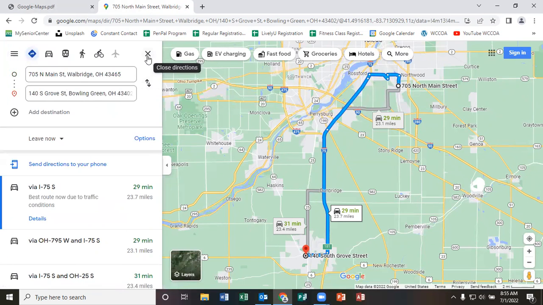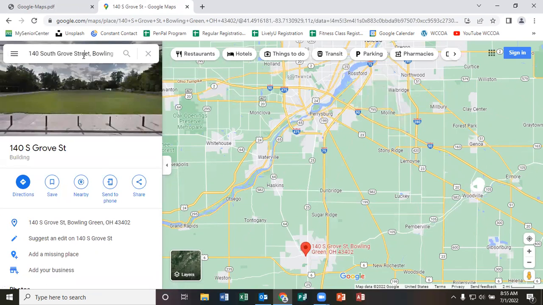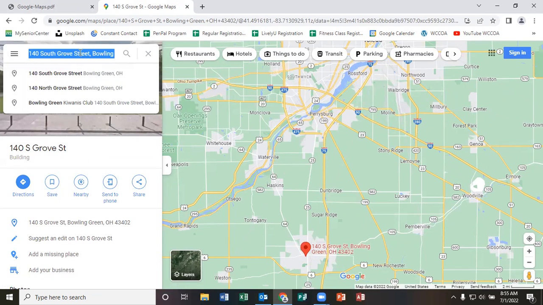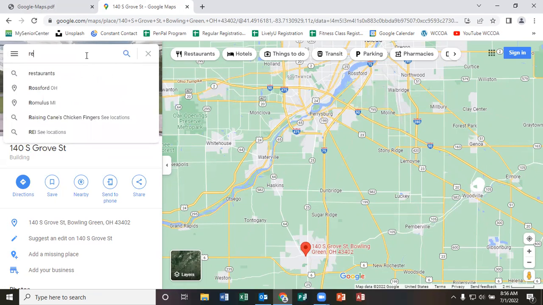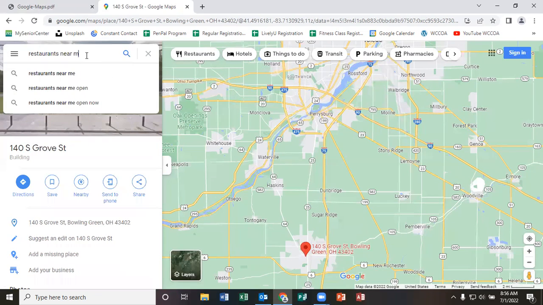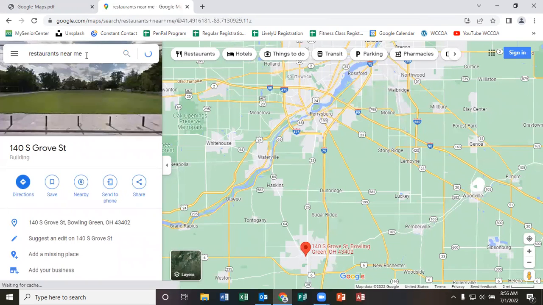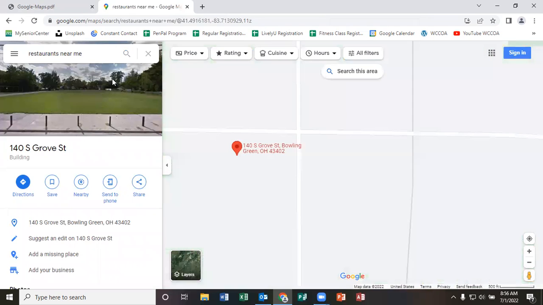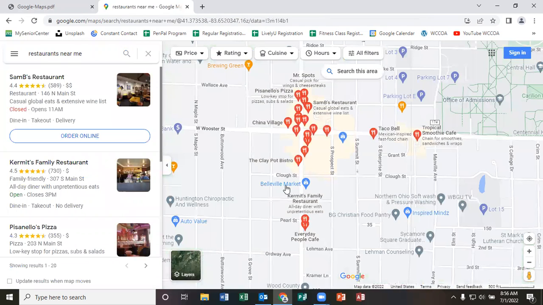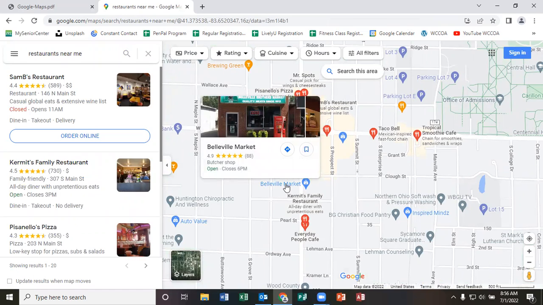And whatever we had planned on doing in Columbus, we are given time to find a place to eat. You could type in simply restaurants near me, and based on your location, it will bring up different restaurants that you can travel to. But for this, because we are in Bowling Green, when I type in restaurants near me, it should pull up Bowling Green's different options. But wherever you are, like I said, if you're in Columbus, if you're in Petoskey, Michigan,